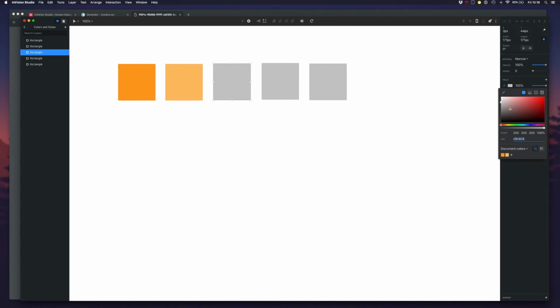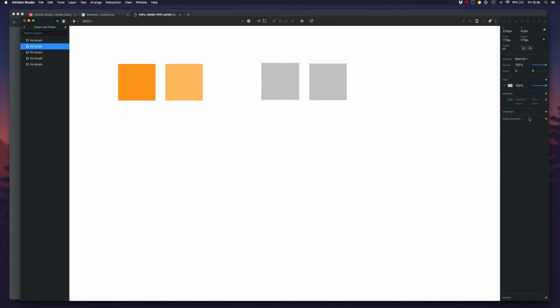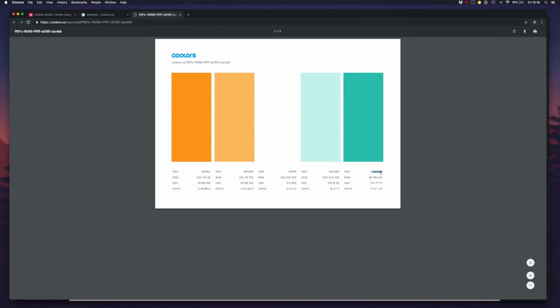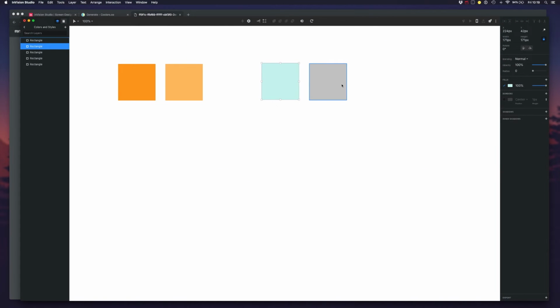Let me just put here white and finally, okay. Actually, let me add